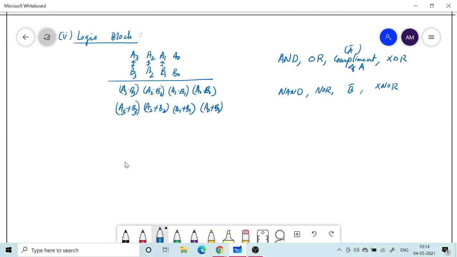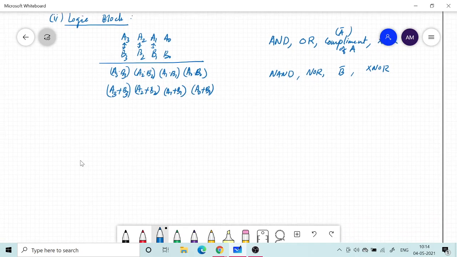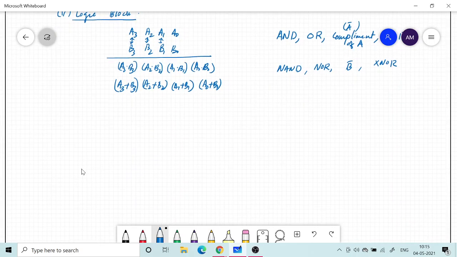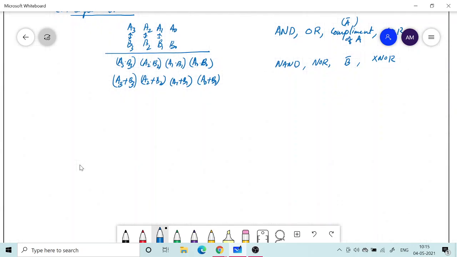But if I only want 4 operations, then the first 4 is what I want. Depending upon what logic operations you want, accordingly we have to make the design.